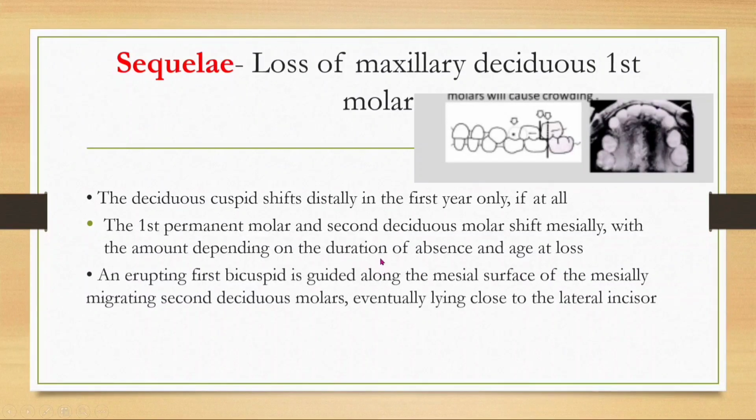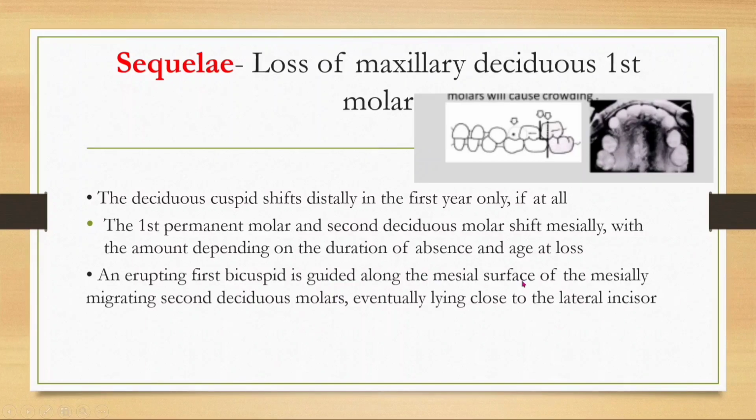So depending upon that, the first permanent molar and second deciduous molar will shift mesially, whereas a cuspid shifts distally, and an erupting first bicuspid, that is a premolar,